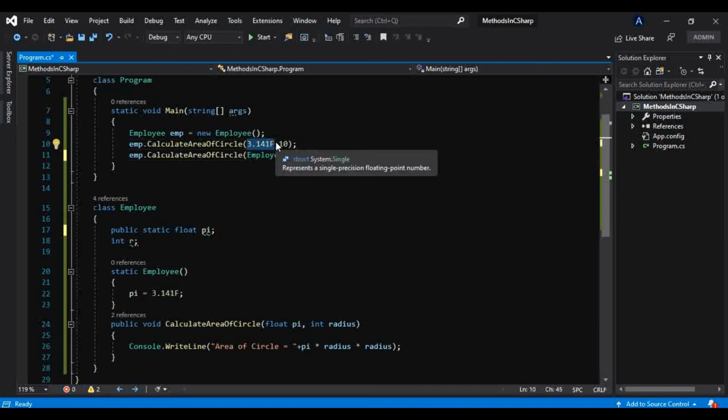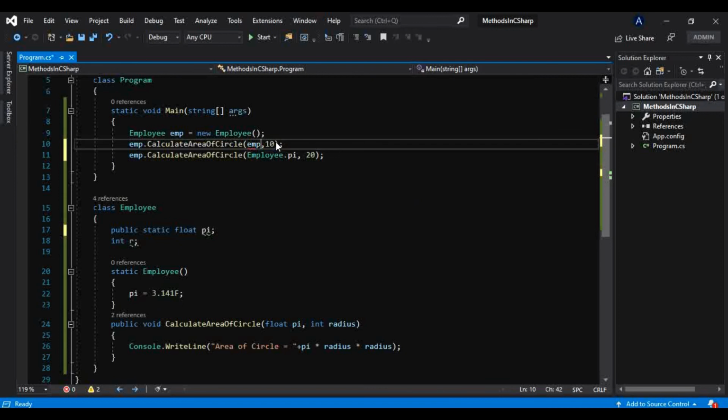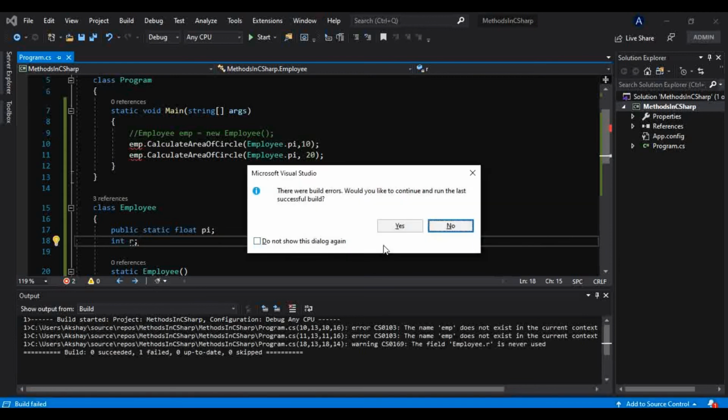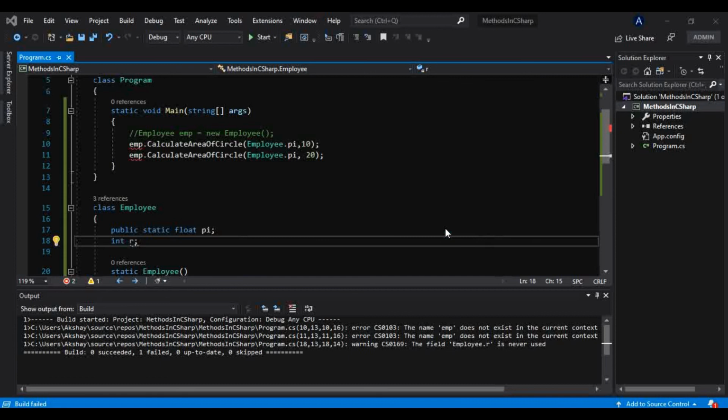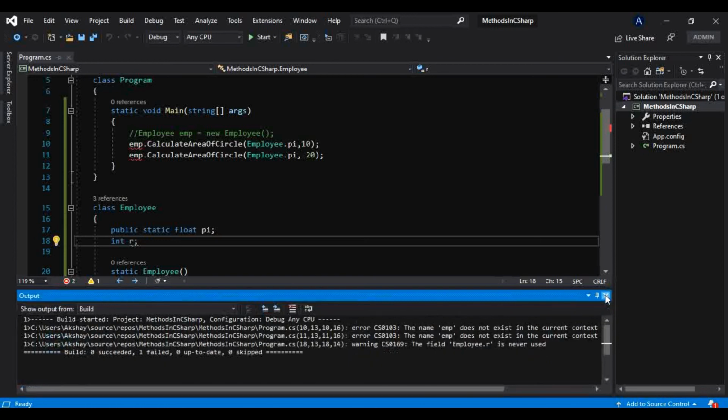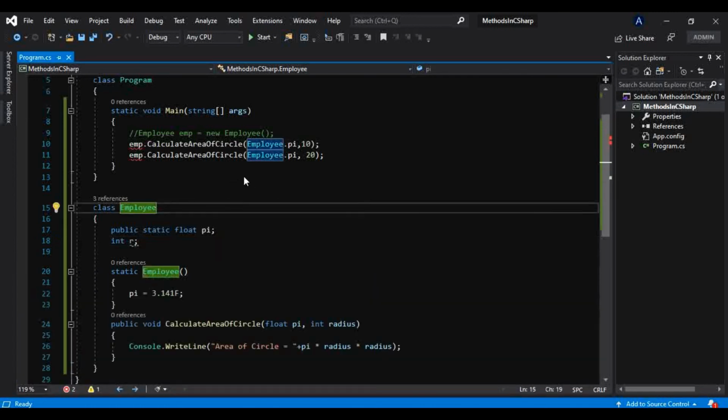And here as well I will do the same thing, that is Employee.pi. Let me get rid of this, I don't need this. So it will run as it was running.